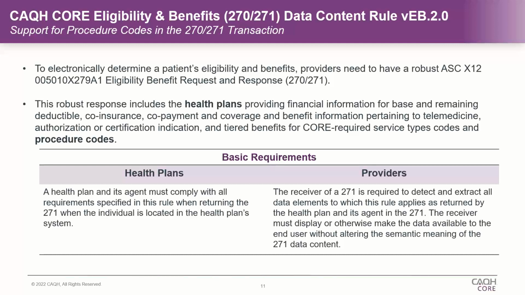So the standard does allow for procedure codes. Isn't that right, Tom? Yes. And there have been questions recently that have been discussed about what type of procedure codes can the standard support. And the standard supports the procedure codes that are qualified in the TR3 with the qualifiers that represent different procedure code categories. So some of those would be the American Dental Association codes, CPT codes, HCPCS codes, ICD-9 codes.